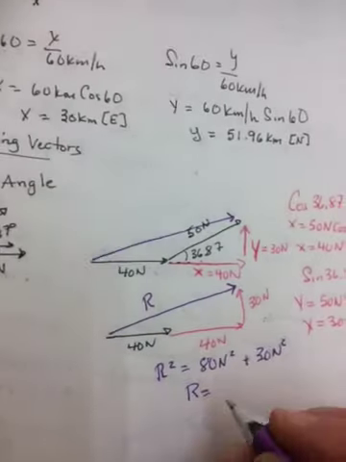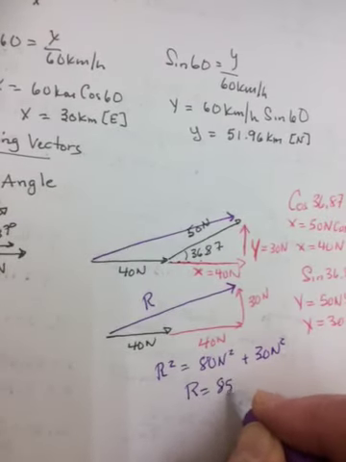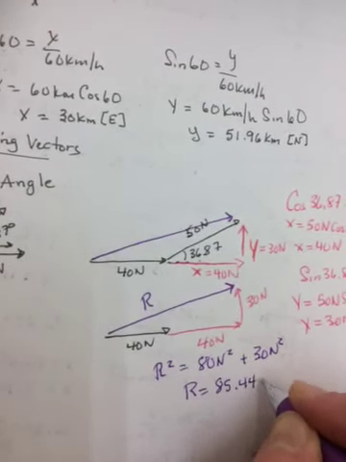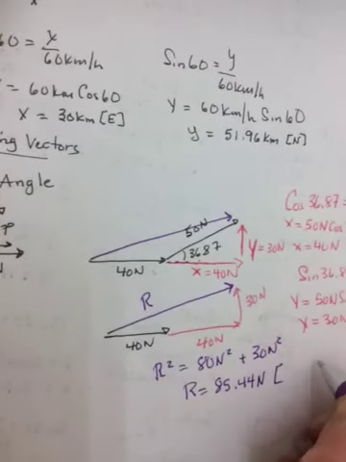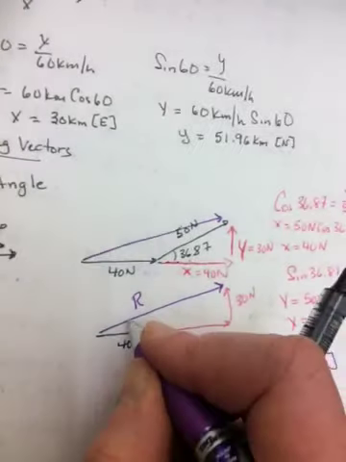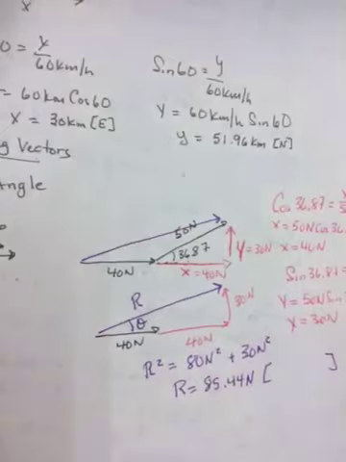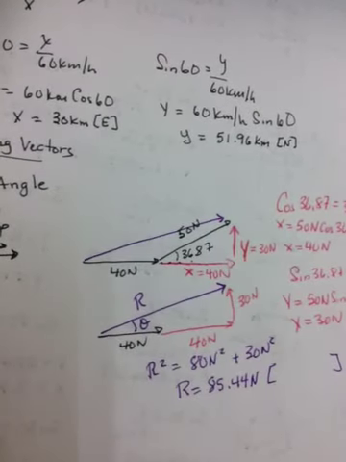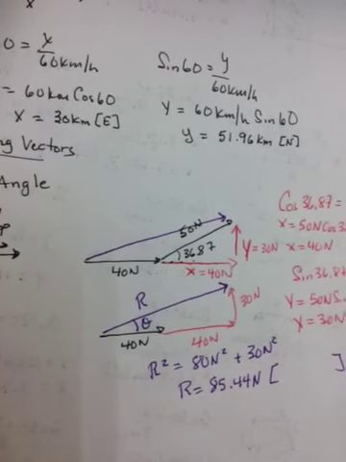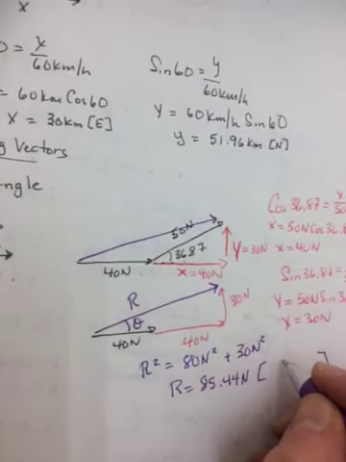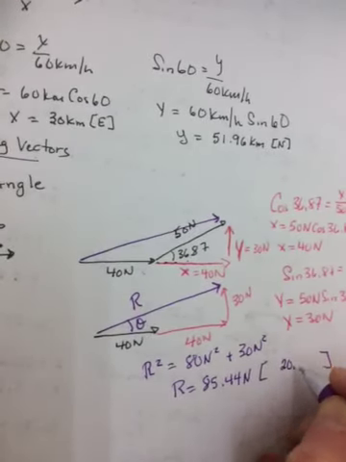Take the square root. R should be equal to 85.44 newtons, but then you also need to find the angle. And it would be inverse tan of 30 divided by 80. And when you do inverse tan of 30 divided by 80, you get